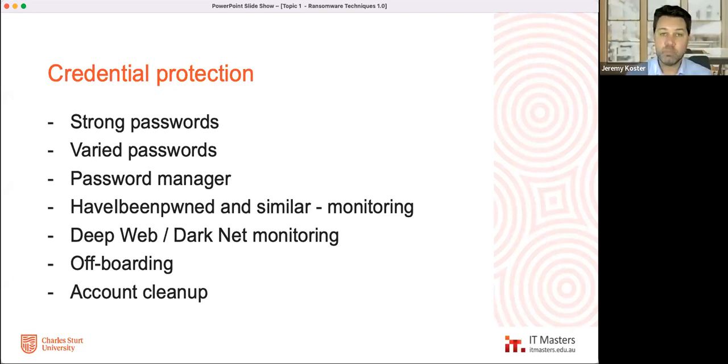So weak passwords, easily guessed passwords, using one of the top 100 passwords, blank passwords will inevitably be guessed. If they're exposed to the internet, they will be guessed and they will be accessed. There's just no question that will happen. So you need strong passwords that can't be guessed. Passwords are failing us, but we need to keep them strong. We need to vary our passwords.